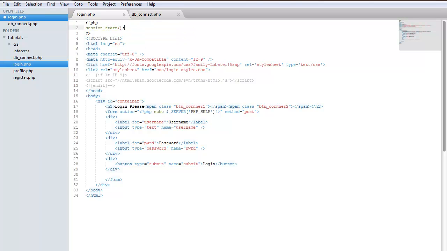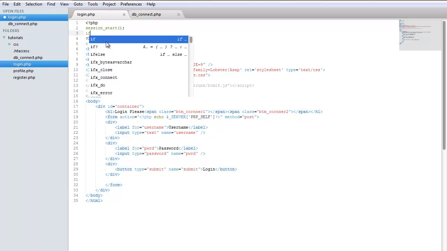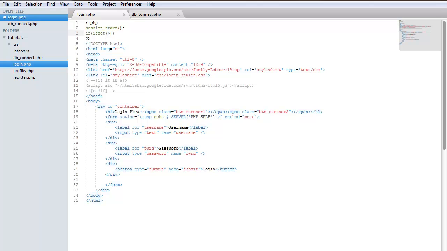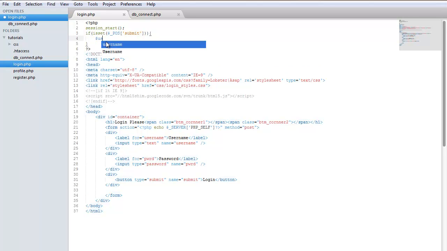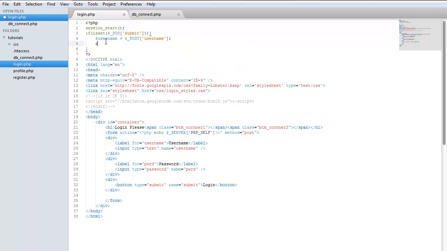Alright, now that I can type, let's go ahead and get started. Let's listen out for the form submit button to click, so it'll be if it's set, post, submit. Okay, so username will equal post username. Okay, and the password will equal post